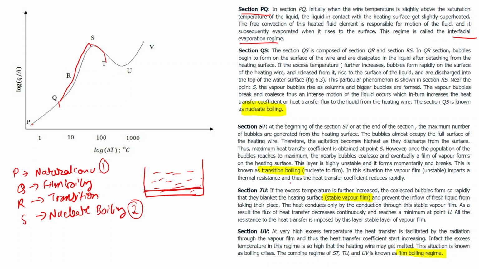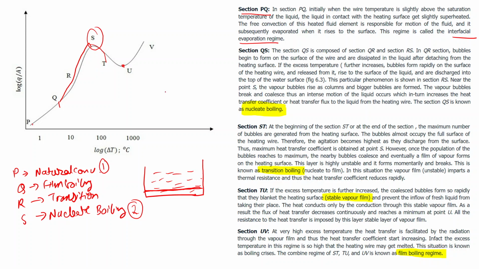So the second option is nucleate boiling, and then we will see this ST curve, which is known as transition boiling. In this section, you can notice that the maximum heat transfer coefficient is obtained at this point S. However, once the population of the bubbles reaches the maximum, the nearby bubbles coalesce and eventually form a film of vapor on the heating surface. This layer is highly unstable and forms and momentarily breaks. So here this is the point of maximum heat transfer, and here a stable film will form,